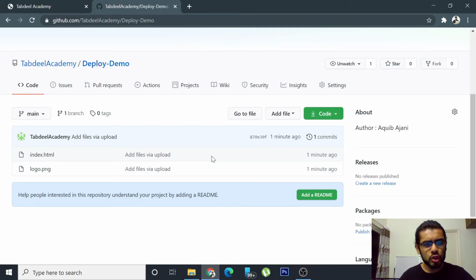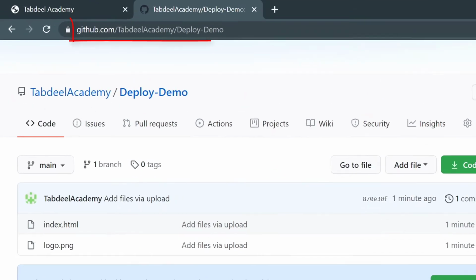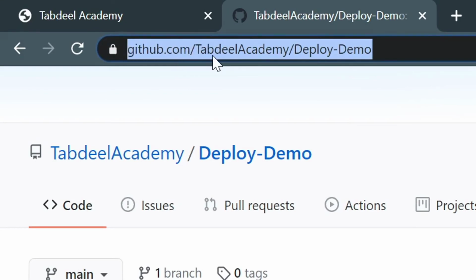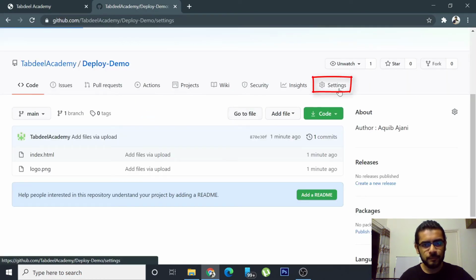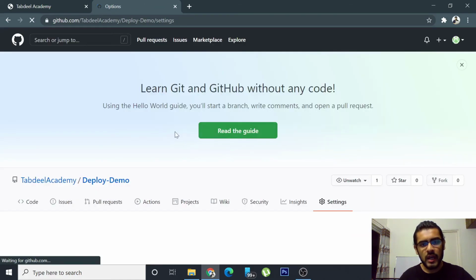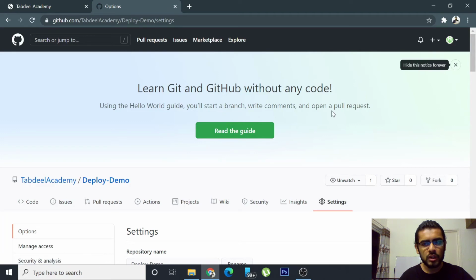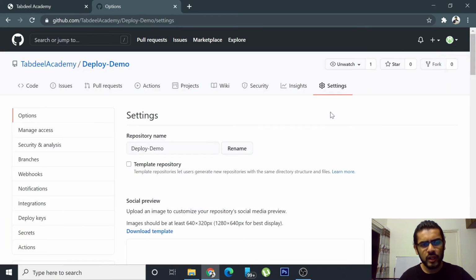So if you want to share this with somebody, if you want to share the code with somebody, that is, you can just send them this link, which is github.com/your username/the name of the repository. But if you want to deploy this, which is to create a link that will show us this output, then you can go to settings. So we use a feature called GitHub Pages for this, and GitHub Pages actually allows us to deploy a website for free as long as it's the front end bit.